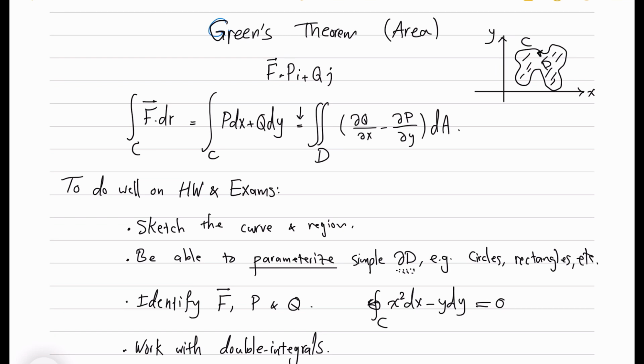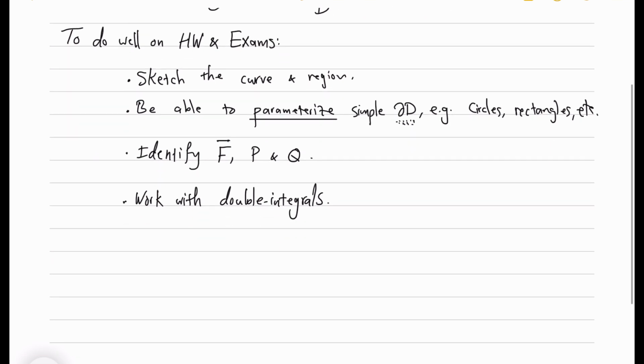By the way, I never mentioned this notation. To emphasize that the curve we're integrating over is closed, they put this loop here, probably with the orientation to also make sure that it's positively oriented. But just the circle is enough, small circle. You may or may not use this notation in your work. I won't take any points off if you don't. And finally, you need the skill to compute double integrals, obviously, which has been the topic of most of the chapters thus far. Now we turn to a very concrete application of double integral and Green's theorem,